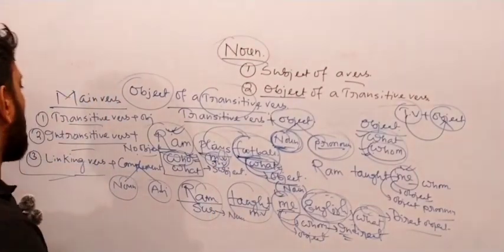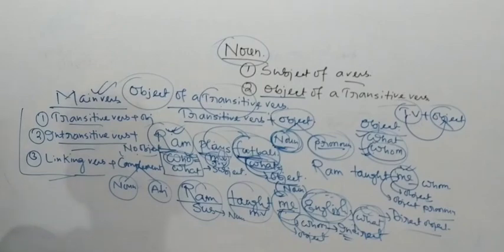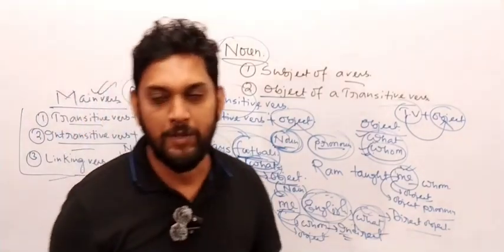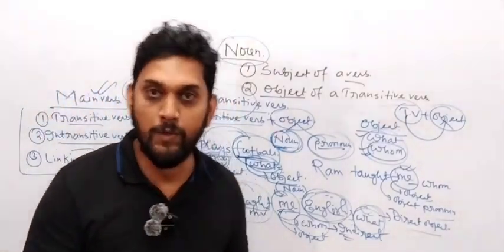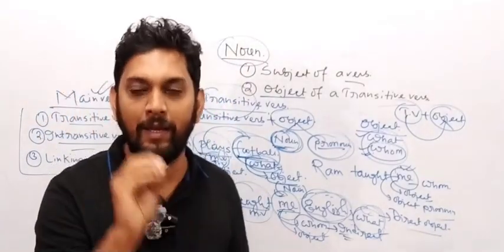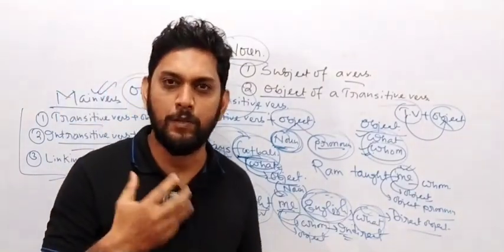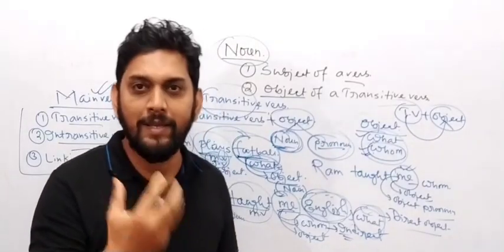Yes or no? And also I have told you that main verb has been divided into three parts: transitive, intransitive and linking. And this one is a transitive verb. Why? Because it has an object. Now you can easily find out. Right now if I ask you, can you identify a noun or a pronoun in a sentence? You can easily tell me, sir, yes, we can easily figure out where a noun is located